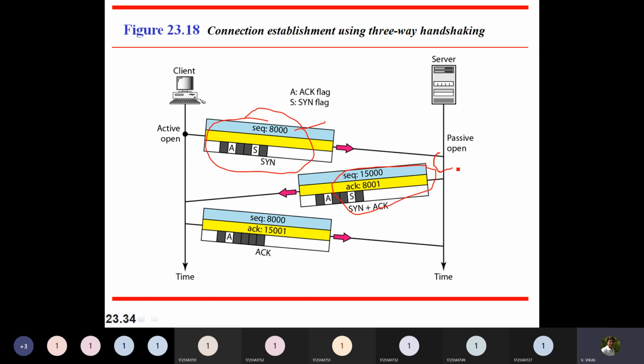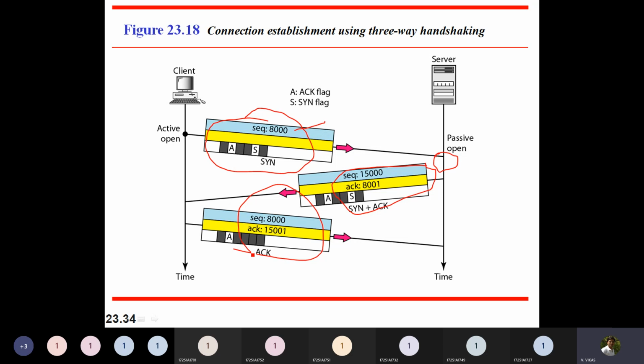Similarly, I want to initiate communication in the server to client direction. So I am combining SYN and ACK and sending. Now I have received the acknowledgement and synchronous message from the server, and the client will be responding with an acknowledgement.